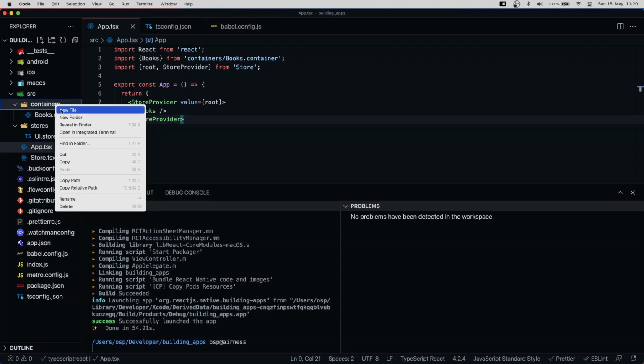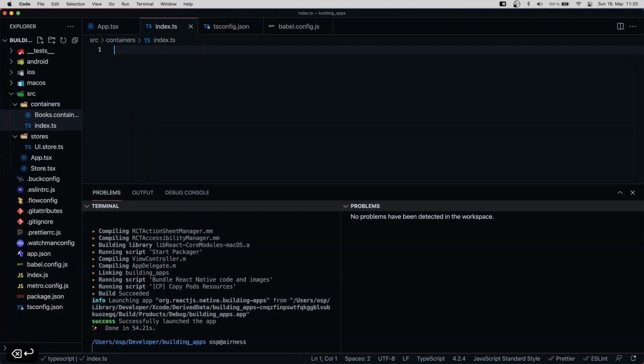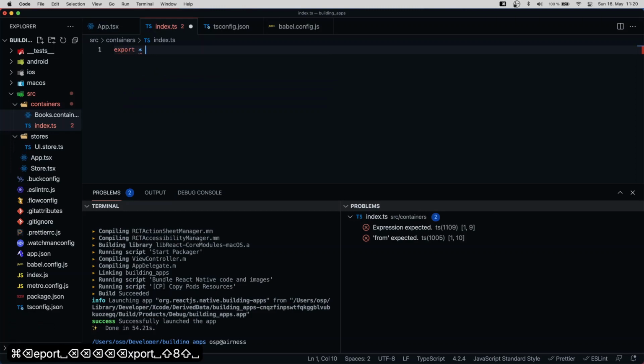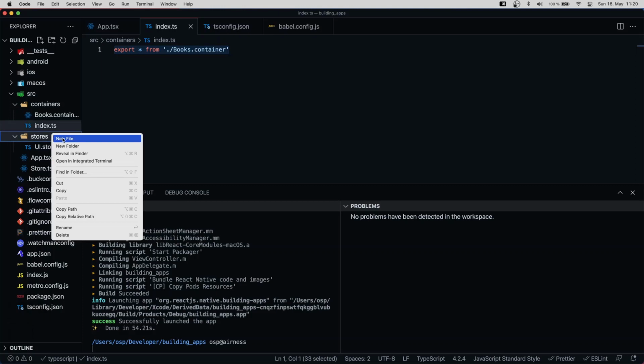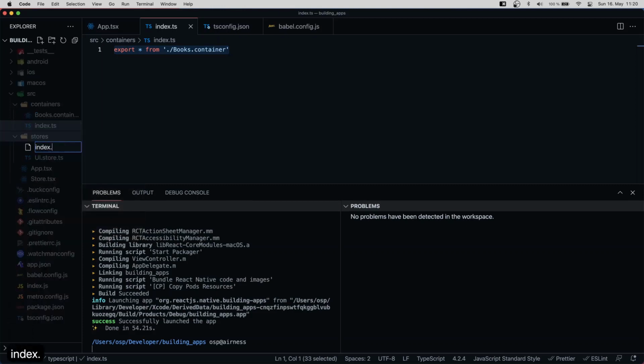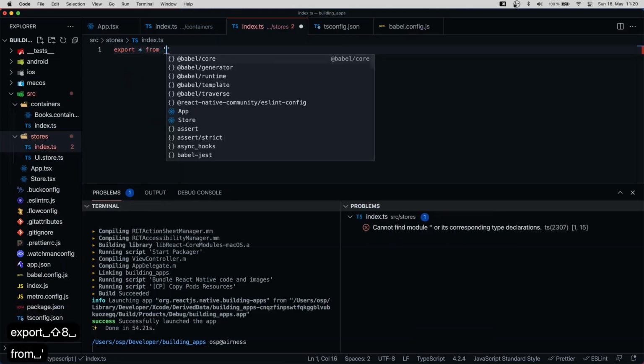So inside of our containers folder, I'm gonna create an index.ts file. And inside of this index.ts file, I'm gonna export everything from my books container, right? So I'm gonna create this index file for most of my folders. Whenever there might be some dependency that I need to worry about,